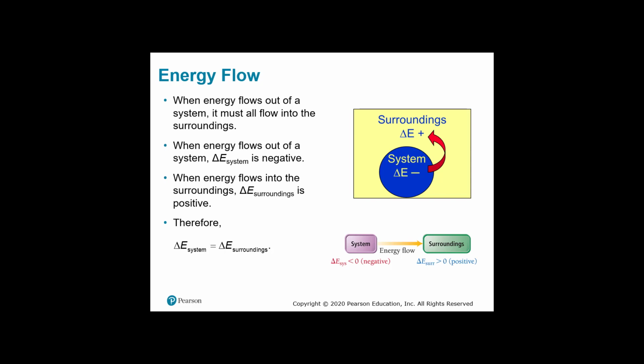So if you start getting confused about this, think of a bank account. When you put money in, it's plus, it becomes positive. And when you pull money out, it is negative, and you're going to go use that money in the surroundings. So that's a way to visualize what's happening here. This is my bank account. I just pulled $20 out, and I'm going to go use it, I don't know, wherever. Okay, so one has to equal the other,